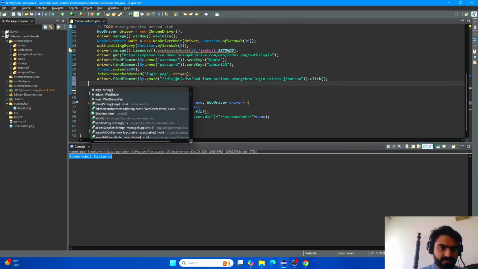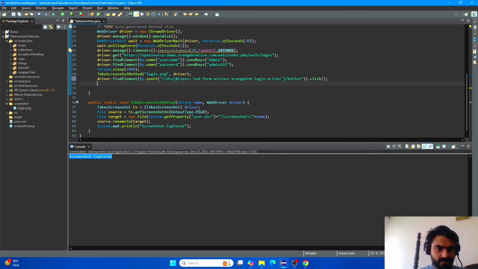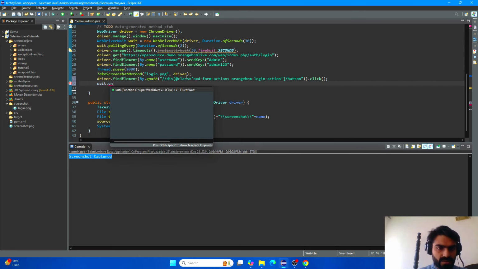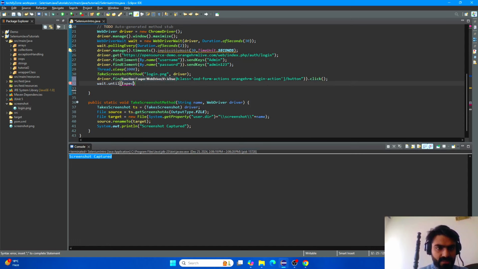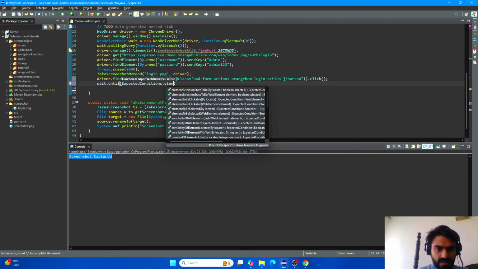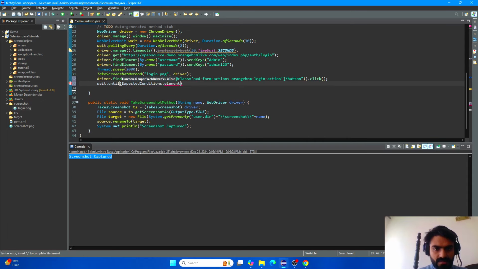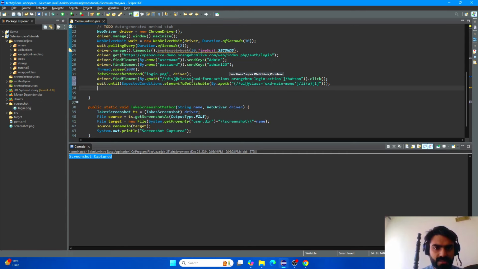So driver dot. Let us do a wait. Wait dot until expectedConditions dot elementToBeClickable, by dot xpath, and we are done. And now again take a screenshot. Let's again take a screenshot. Now my screenshot is